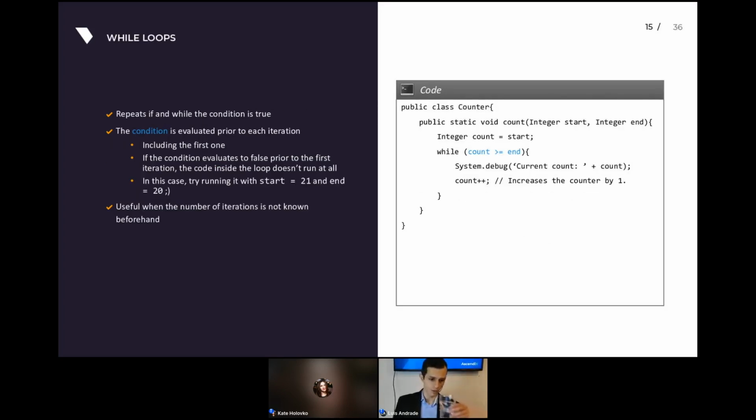This is a while loop. It repeats if and while the condition holds true. So the condition is first evaluated prior to each iteration, including the first one. That means that if the condition evaluates to false prior to the first execution, the code inside the loop won't